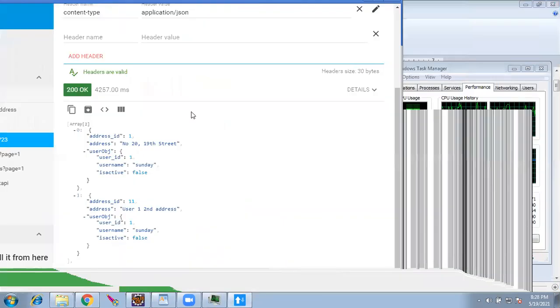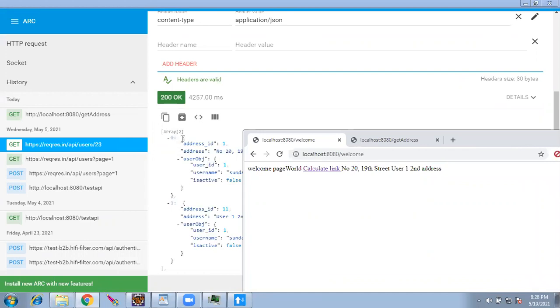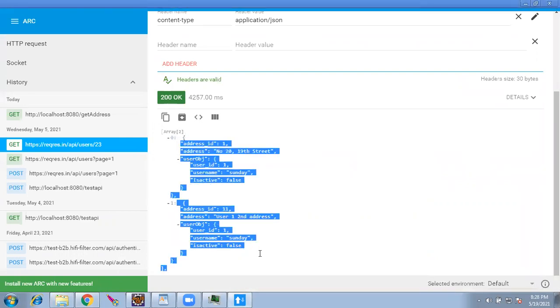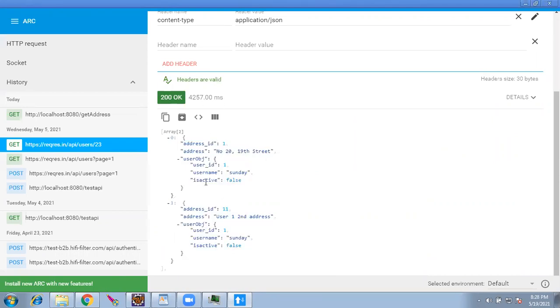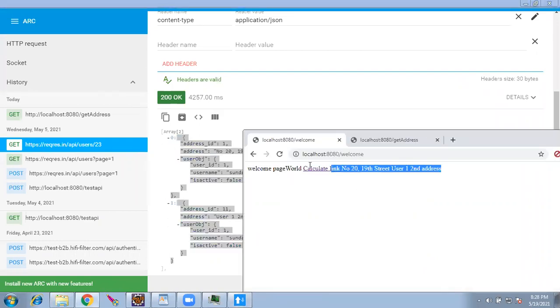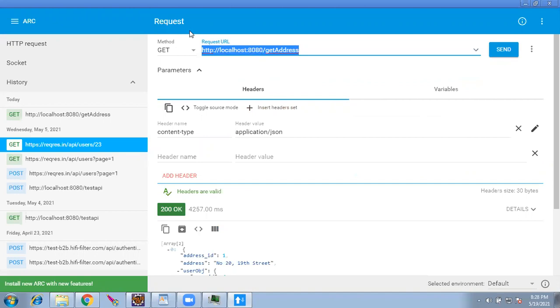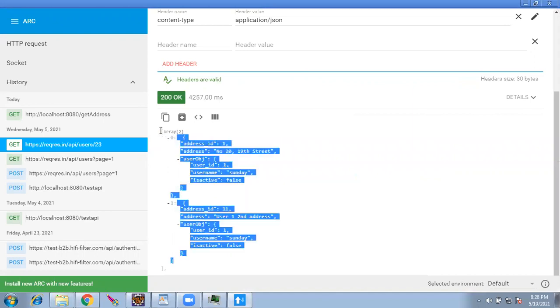This is called through an API. This is a web page. This one you cannot see in a page now. We can just get it as a JSON response. This is JSON. Here we have written a page to display it. If in future we want to integrate Angular, to whoever is developing the Angular, I will give this URL. If you want to fetch the address, you call this and you will get this data. You show it in the Angular page. That is how it is being integrated.